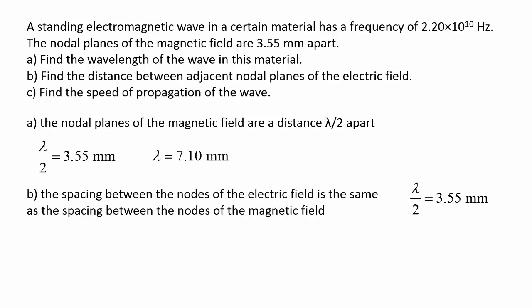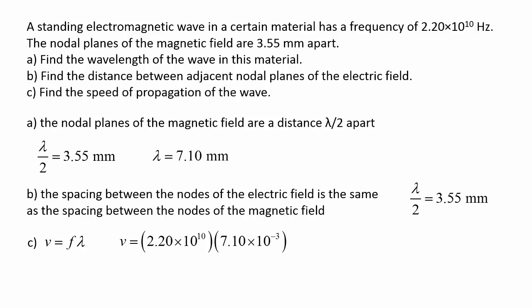In the last part of the problem, we need to find the speed of propagation of the wave. Well, the speed of propagation of the wave is related to the wavelength, and it is related to the frequency. So we can write that the speed is frequency times wavelength. We know the frequency and we know the wavelength, so we can find the speed as frequency, which is 2.2